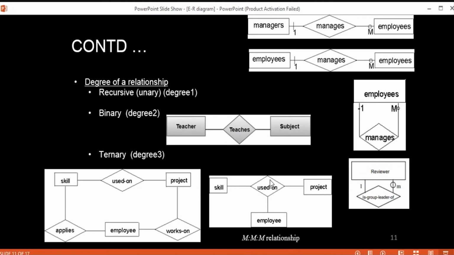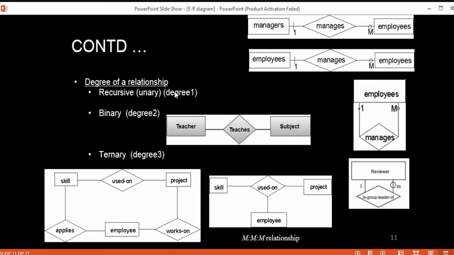Similarly, say there are three entities: customer, car, and salesperson, having the common relationship sales. Okay. That customer bought a car from a salesperson, and all these entities are related with a common relationship sale. So that is also one kind of example of this ternary relationship. Then binary, as I already told you, has two entities, where a teacher teaches many students. Okay, that is nothing but a binary relationship.